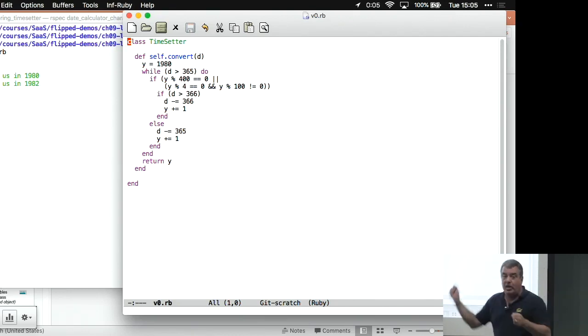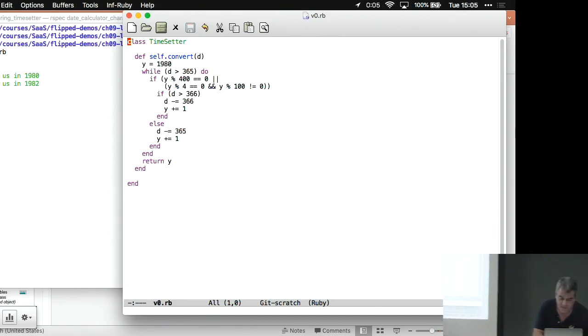It's trying to peel off a year at a time until the remaining number of days gets below 366. At that point, that's the year that you're in, right? So that's basically what the function is trying to do, but it's trying to do it in a way that almost but not quite works. And the first refactoring you can do,